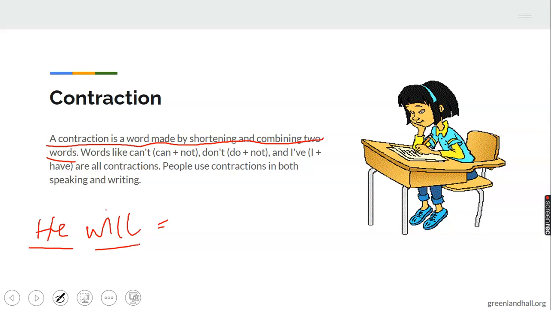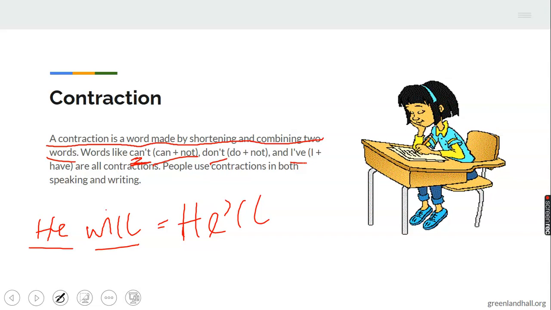So instead of having I will, what do we have? I'll. We have I, then we have the ll of will. Now let's take a look at this. Words like can't, the real word is what? Cannot. Don't. The real word is what? Do not. I've. The real word is what? I have. So these words can't, don't, I've are all contractions, and people use contractions both in speaking